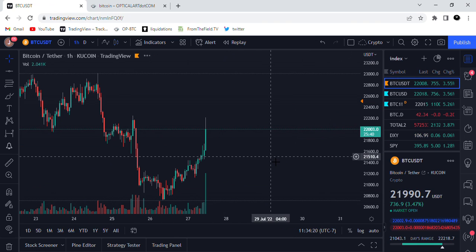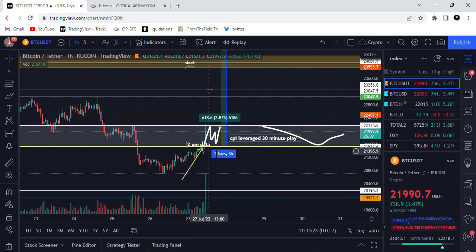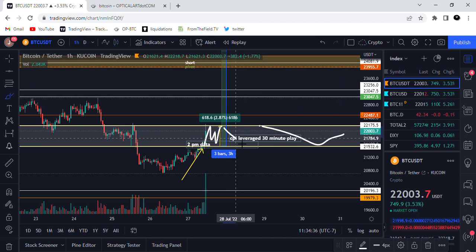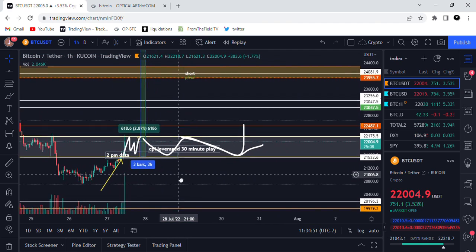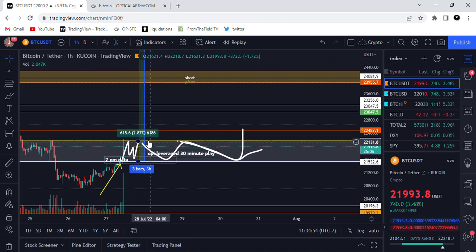If there is, then what you're going to see on Bitcoin is, if you miss this play today and you can get an entry here at this support, then you would hit the continuation pattern, right? That continuation pattern would look something like this. It might get trapped in this zone like that, but then you're going to have one of those big pumps, right? And that would be Thursday, Friday. You have Apple coming out. That's a big event. And so you're really just playing this 2.87% zone